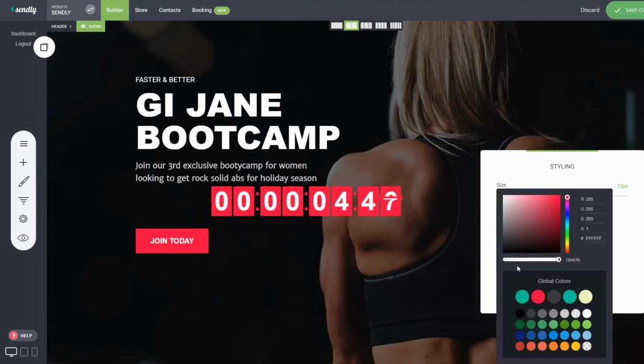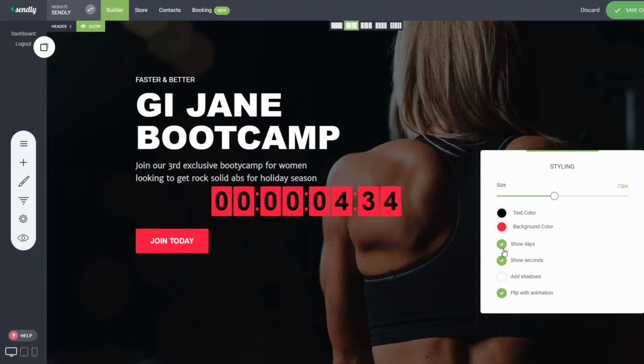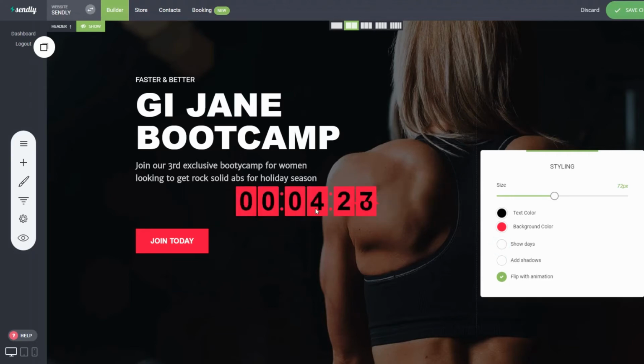Okay, and then we can change the text color if we wish. So we can have it matching the background, or you can have it white, or you can have it literally any color that you wish. Let's select black. Okay, so do we want it to show days? No, in this instance I don't want to show days. So let's just take away those days there so we can see that there's only 4 minutes and 27 seconds